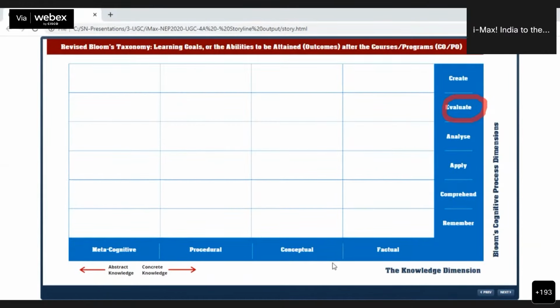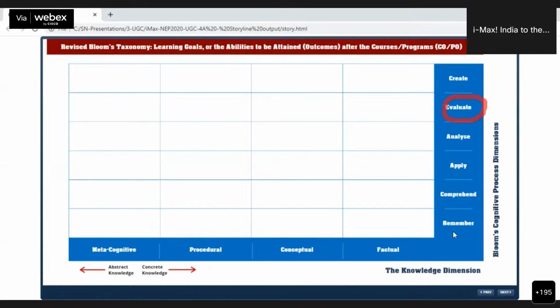In 2001-5, Dr. Krathwohl and the team developed the revised Bloom's taxonomy. It is like this. Here: remember, comprehend, apply, analyze, evaluate, and create. And the knowledge dimension, the thing they remember, they made into 4 levels. The reason is it is not possible to club all the verbs in one, because remember itself contained about 8 to 12 verbs. Comprehend had some 8 to 12 verbs. All those verbs are very different. Therefore, they divided it into factual knowledge, conceptual knowledge, procedural knowledge,